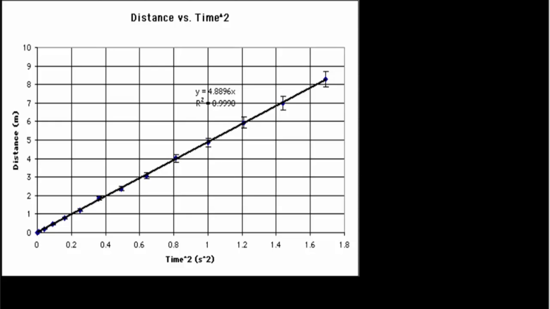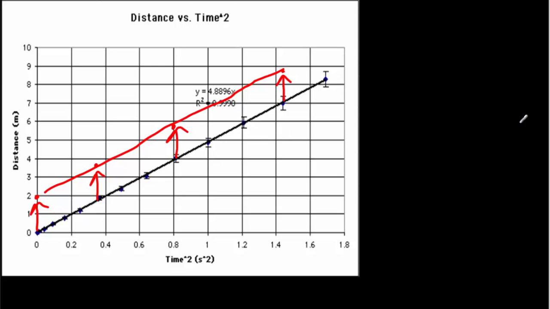The other thing that we can consider when we have a linearized graph is the y-intercept. So for instance, let's say our graph had not looked quite like this. Let's say all the points were raised a bit. So you got a line that was parallel, but up here. Well, if you were expecting the line to go through the origin, that might be a sign of a systematic error. In other words, all of your values were shifted up by the same amount,